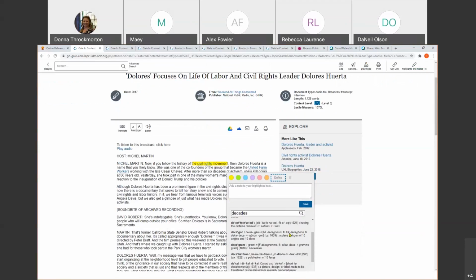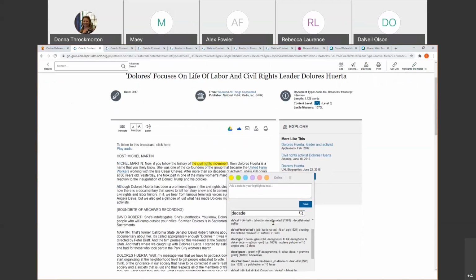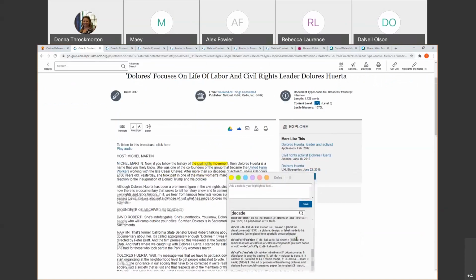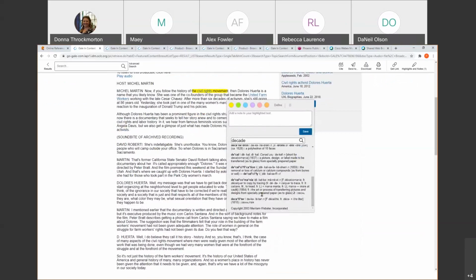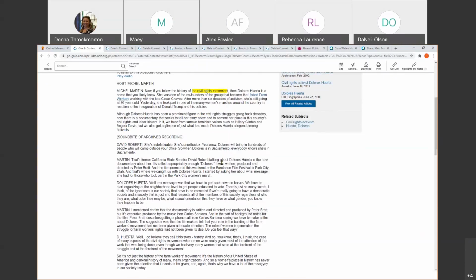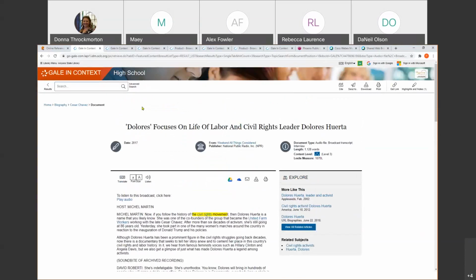It looks more like, let me just change that, decade. Normally that should have a dictionary functionality, not a list of different topics. So I'm going to check into that. Let's go back to the main page. I'm just going to click on home.